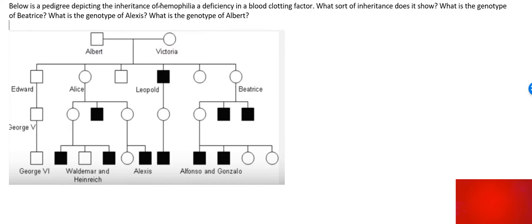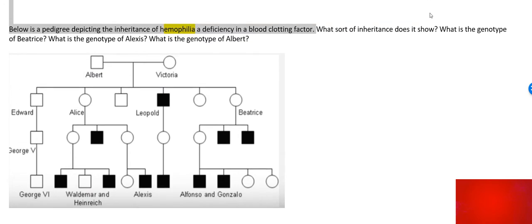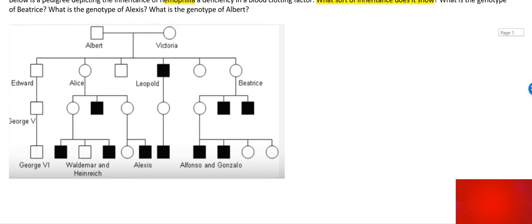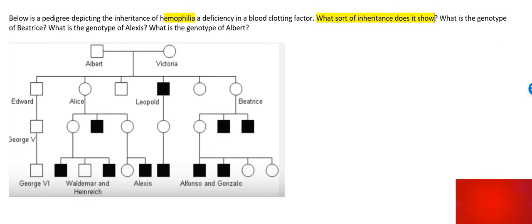So sure enough, this pedigree is talking about hemophilia. So already you know that this is an X-linked recessive disease. So for this question, you can just put, hey, it's X-linked recessive, because you already know that's how hemophilia is inherited. So before you go any further, just like before,